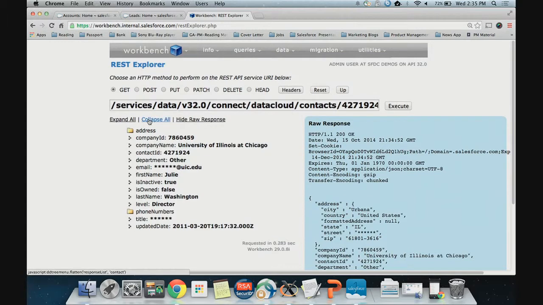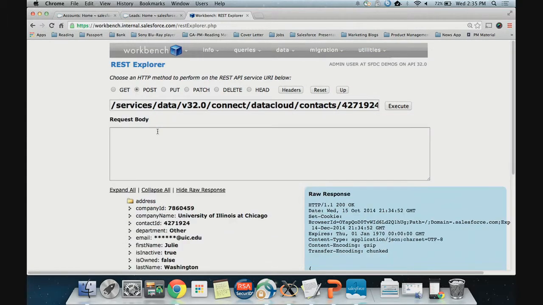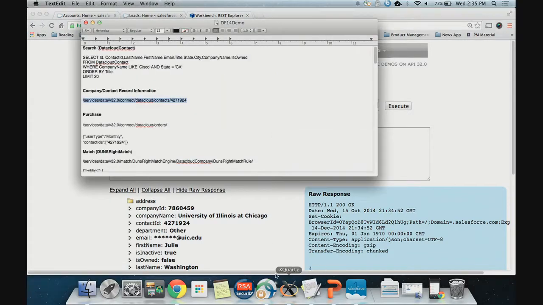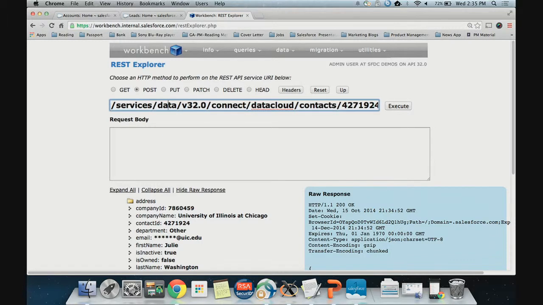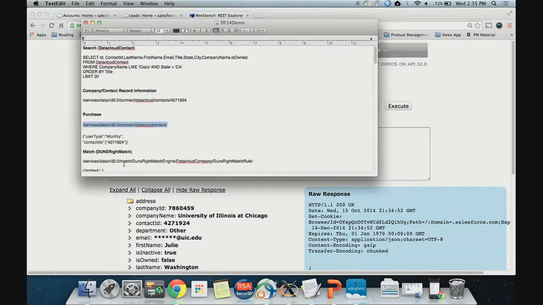So let's go ahead and try to purchase this record. Again, purchasing is a post request. This is my URL, which I use, connect Data Cloud orders. And in my post request, what I specify is